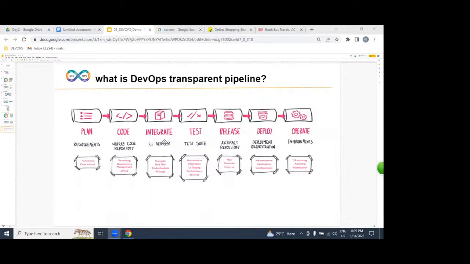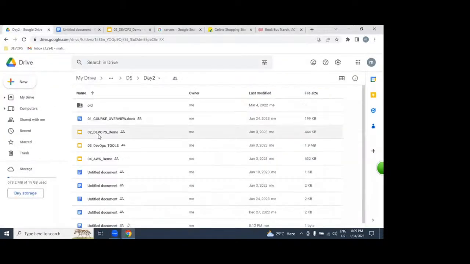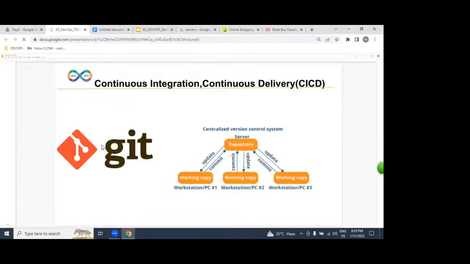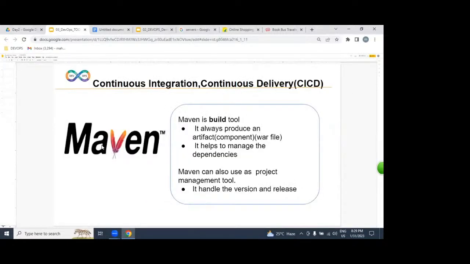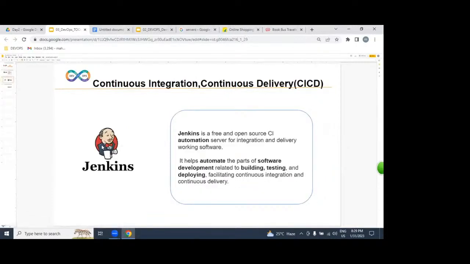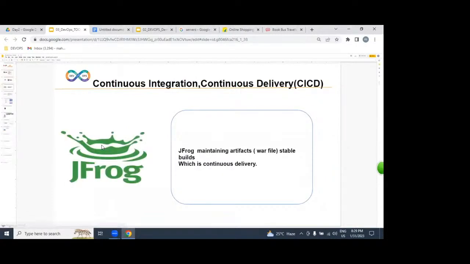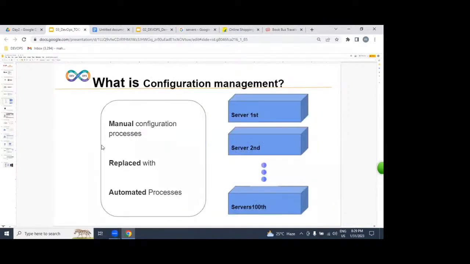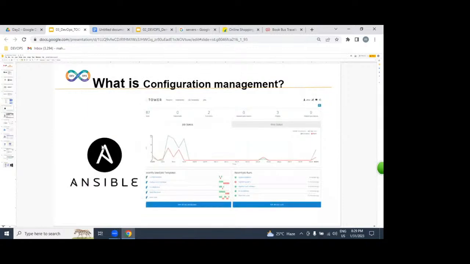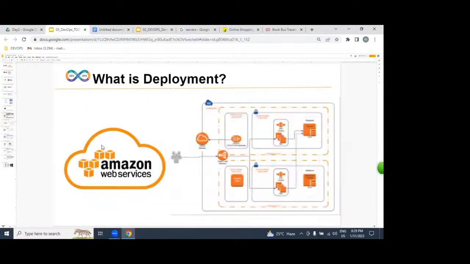For implementing this DevOps process, we are going to be learning some tool stack. Which are all the tools, guys? Let it be listed down. Git we are going to learn. Maven, Jenkins, JFrog, SonarQube, Ansible, Chef.